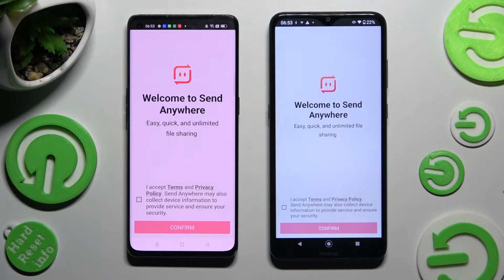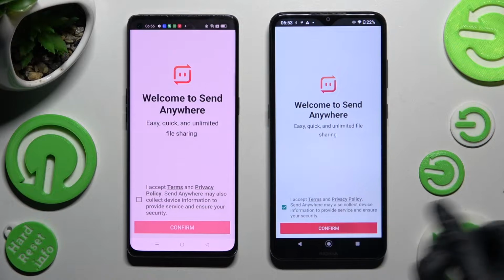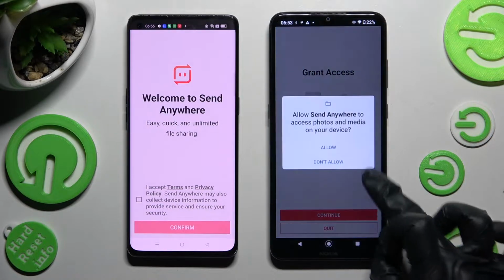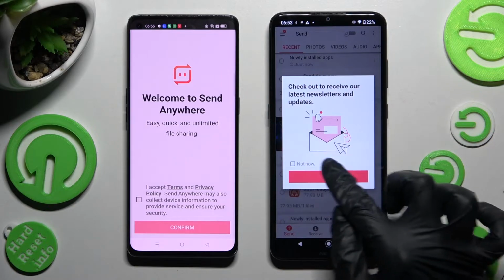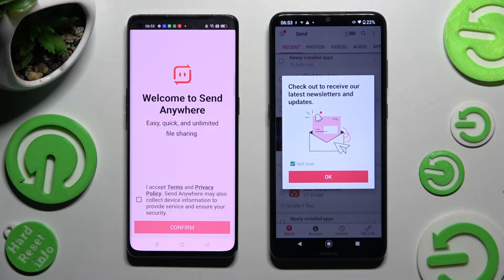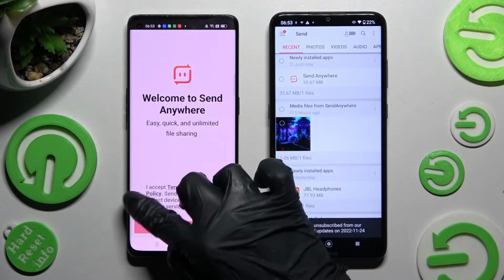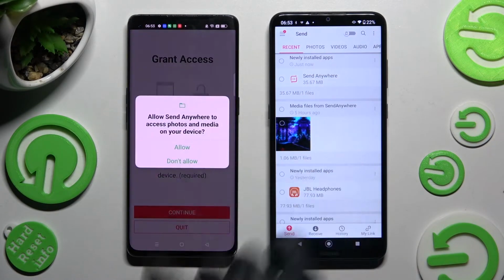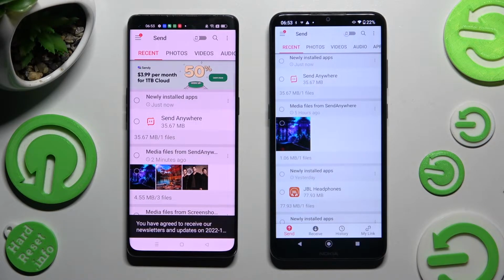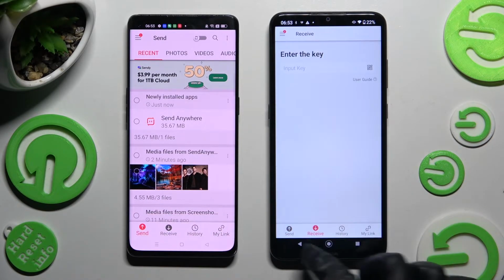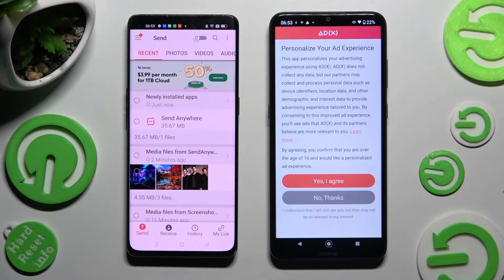Now, in order to use it, choose I accept, confirm, continue, and allow. Then select wherever you wish to in this pop-up, not now, or just don't click on anything at all and choose OK. Then do exactly the same on OPPO. Finally, you can choose Receive at the bottom of your Android and Send at the bottom left corner of OPPO